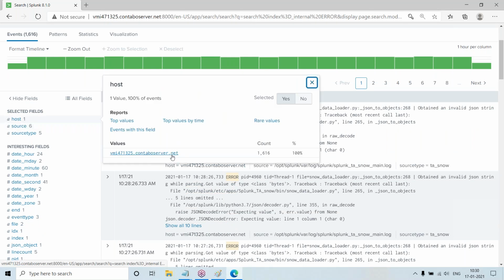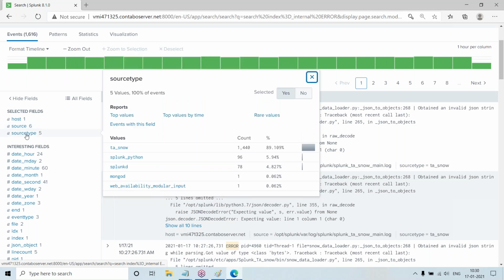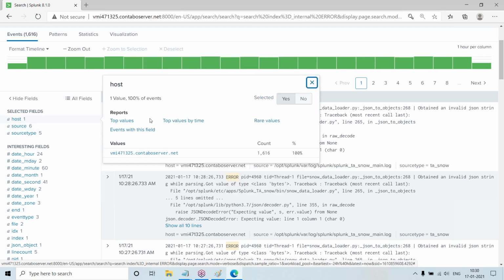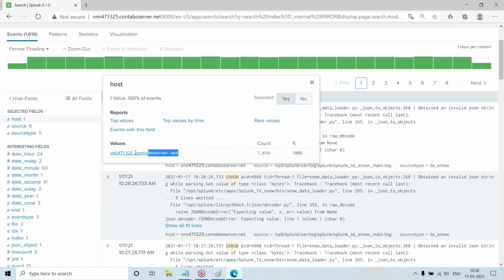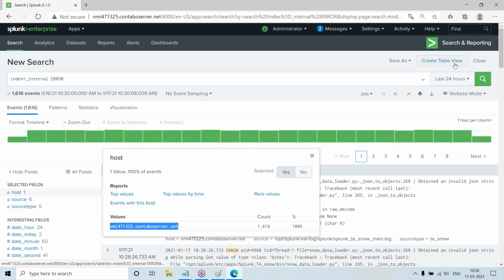This machine failed, and where I'm seeing failures means there are errors in these logs, and I will see which application it corresponds to, whether it is Mongo or something like Python or something like that. So I can pinpoint the issue to where exactly it has occurred.